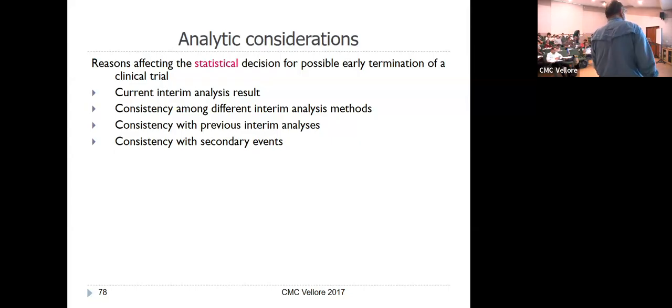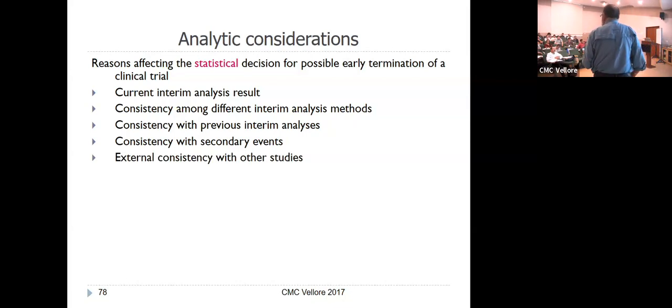And notice what I'm saying. It's consistency that they're looking at. They're not even looking at p-values whatsoever. These people know that that's not the thing to look at. They're looking at consistency of the results. They also look at external consistency with other studies. Are we the only study that is finding this? There are other studies out there. Why did they not find what we are finding?